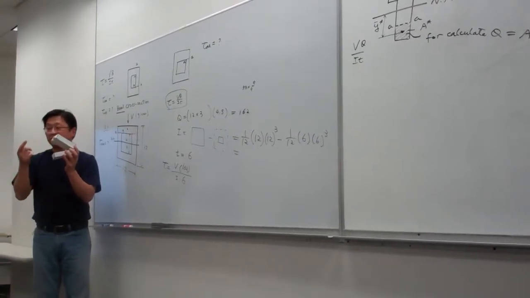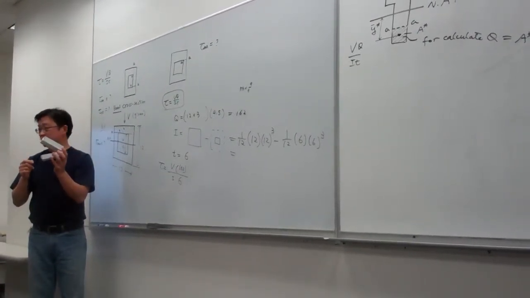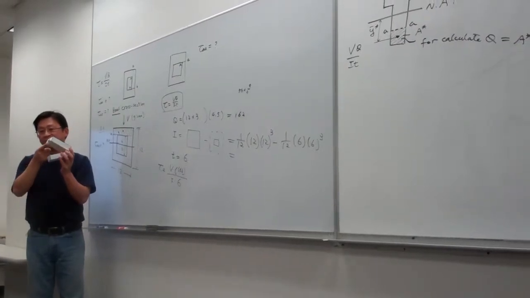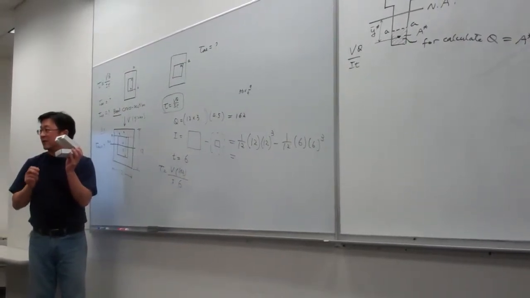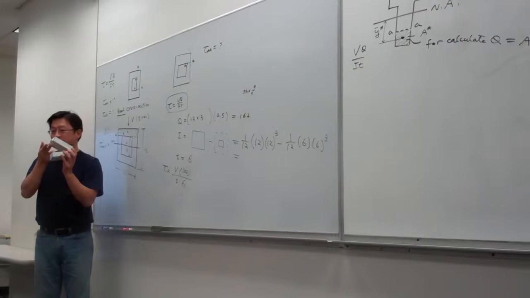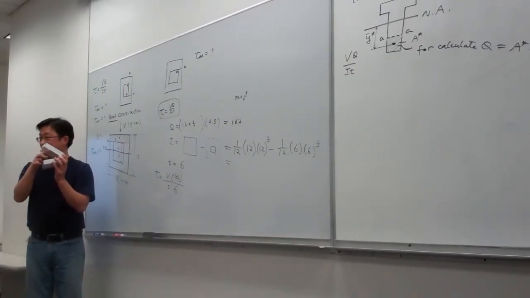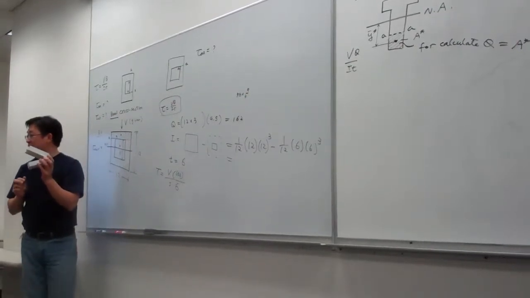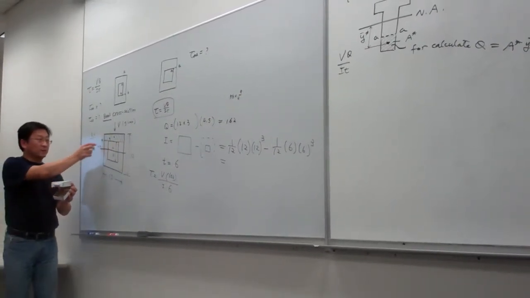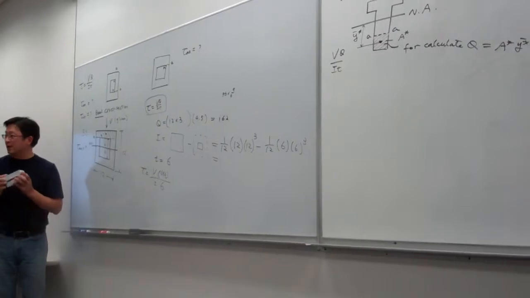That represents the average stress over the combined area. If the two areas are the same, the average stress should be the same here or there. On the other side,